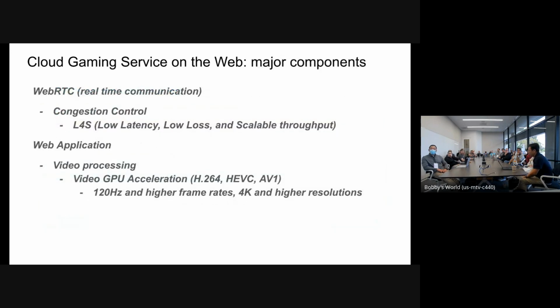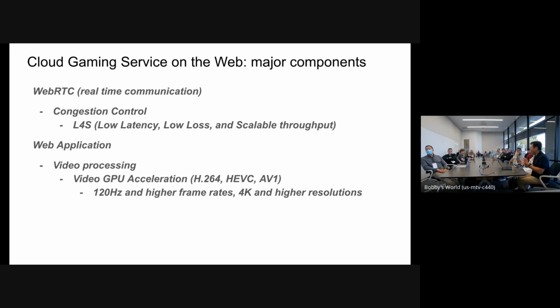And this is about what we are based on. We are definitely based on the WebRTC implementation. Right now, we are focusing on congestion control improvement by L4S, which is an IETF spec to reduce the latency and make more scalable throughput.